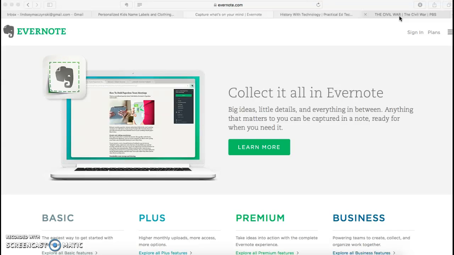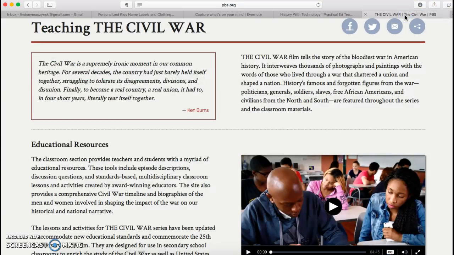In order to keep all my resources together and organized, I used Evernote. I'd like to show you how easy Evernote is to use. I've already searched for Civil War blended learning lessons, so now I'm going to save one to my social studies notebook. I've already downloaded the extension, so I have a button up here and all I need to do is